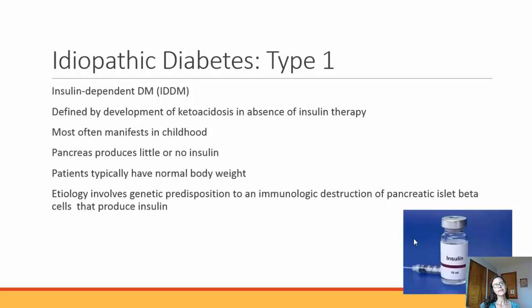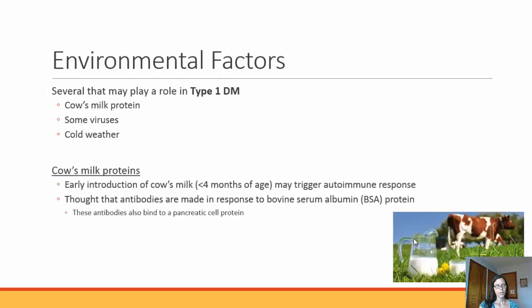So this ketoacidosis is actually the main thing that's going to cause a lot of these classic type 1 diabetes symptoms. So the polyuria, polydipsia, nausea, weakness, shortness of breath, fruity breath, and confusion. All right, so we know that type 1 diabetes can be somewhat genetic, but we also know that there can